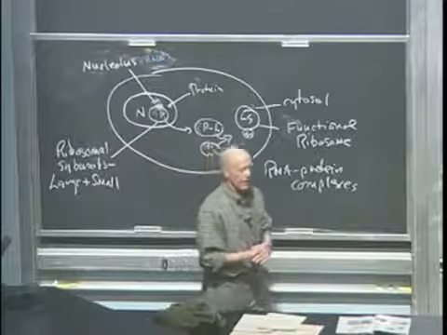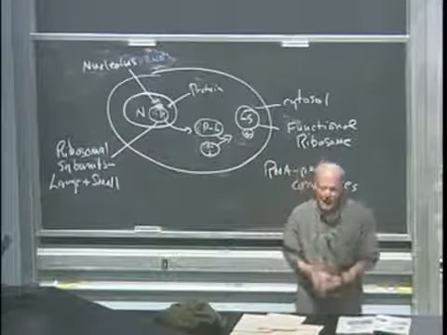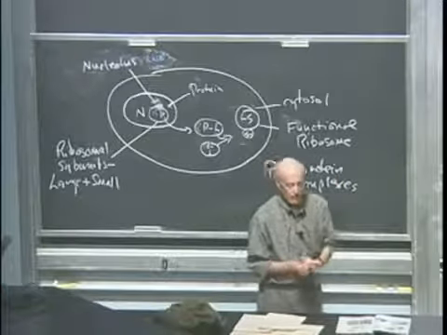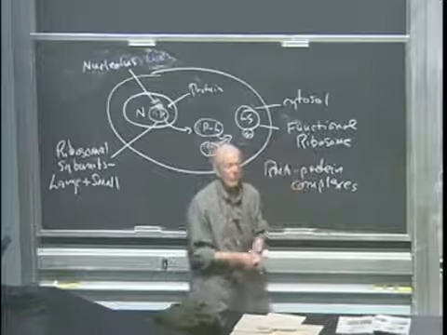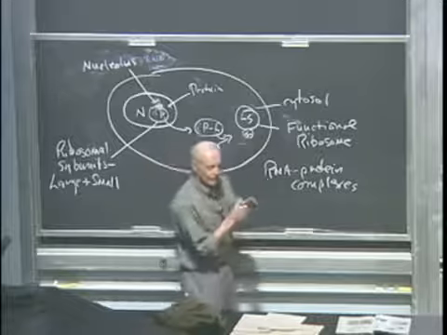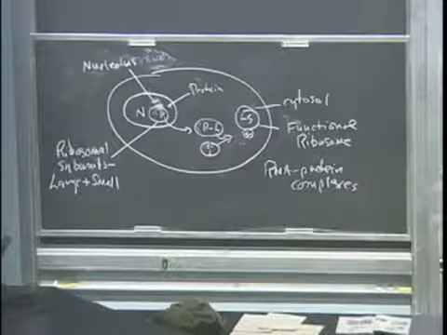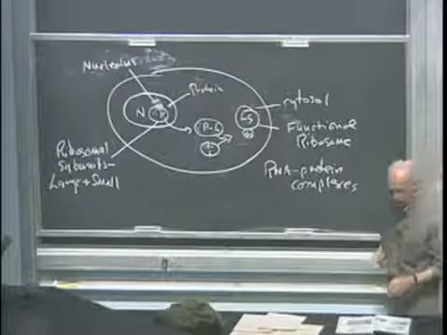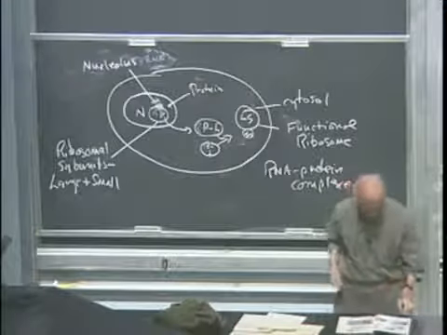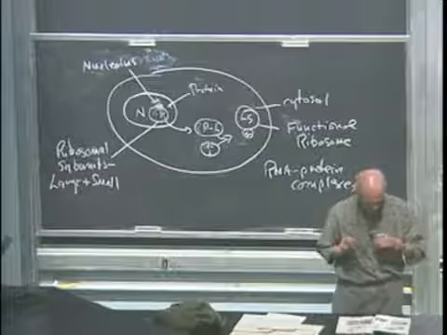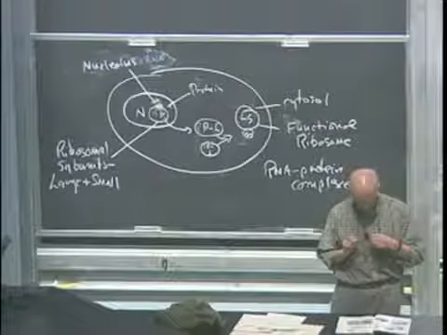Then there are other ribosomes which are known as bound ribosomes. Bound ribosomes are bound to membranes within the cell. I'm going to first talk about free ribosomes and what they do, and then I'm going to talk about bound ribosomes. I'm going to skip figure 42 for a little while and come back to it later,